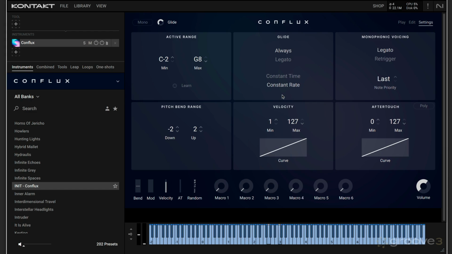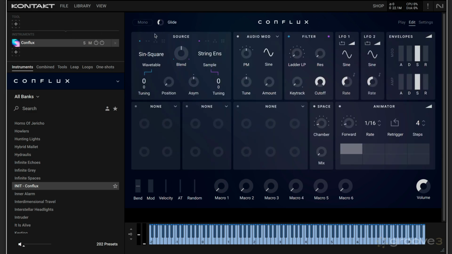There's hardly any. But as we get to wider intervals, the amount of time increases. And that's how that works. So let's just bring this back down and jump back to the edit page, and we'll look at the main